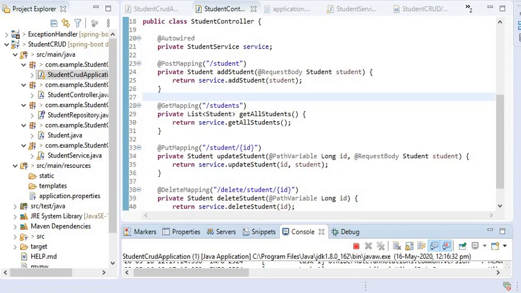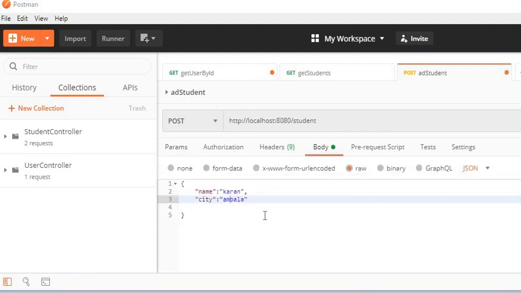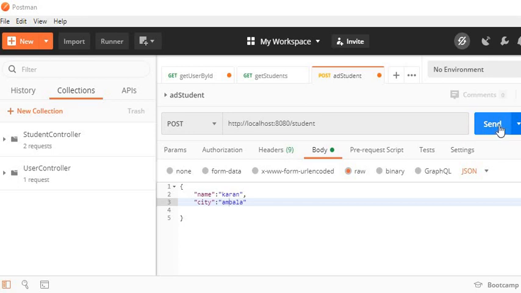Now first I will add one student, and this is the URL to add the student, and inside the body I will pass the parameters, that is name and ID. Here I have defined my JSON object with the name of the student and the city. Now I will send the request.